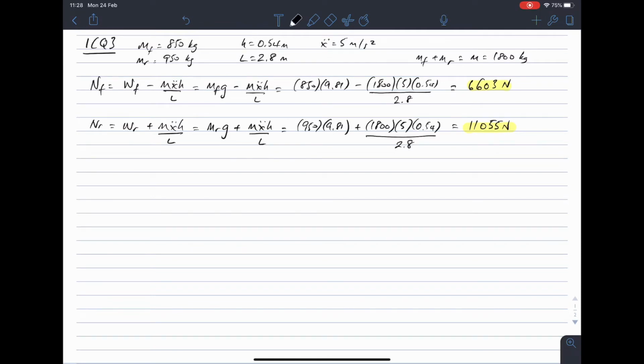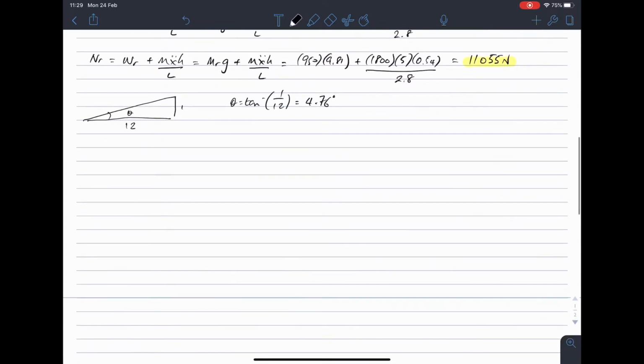To work out the one with the incline, we need to work out what the angle is of the incline. Well, 1 in 12 is basically 1 metre up for 12 metres long. So the angle theta is going to be the inverse tangent of 1 divided by 12, which is 4.76 degrees. So NF